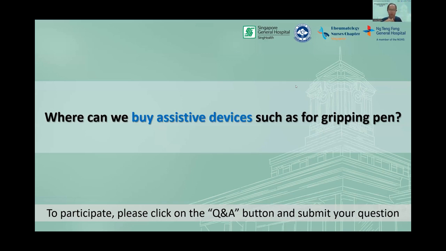Yeah, so there are many places that we can look at depending on what other devices we want. And nowadays, with online shopping, even places like Shopee and Lazada sell some of them, but I cannot vouch for their items because I myself have not bought from Shopee or Lazada before, but I do have patients who come in and tell me that they have bought it and they are quite happy with it. So it's something that you can perhaps look into and explore.